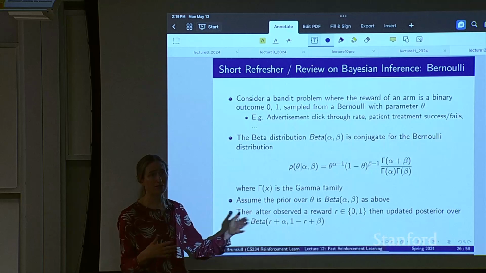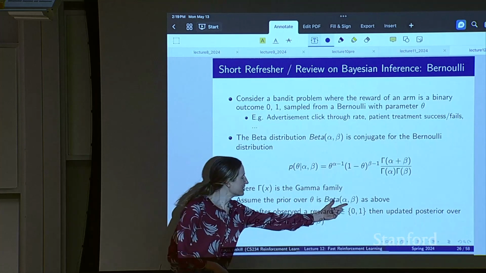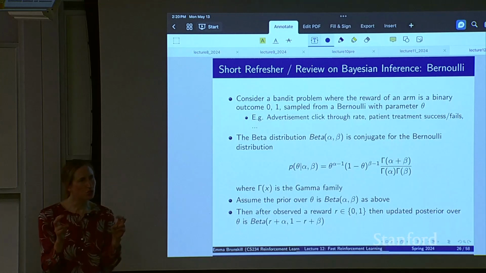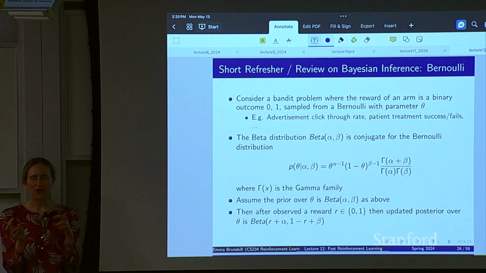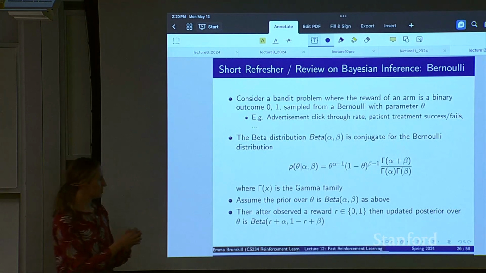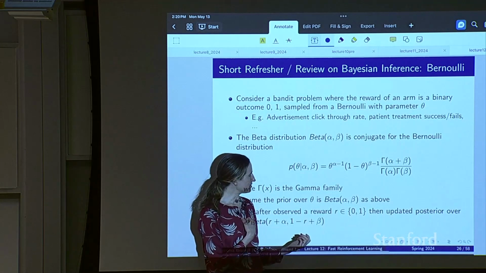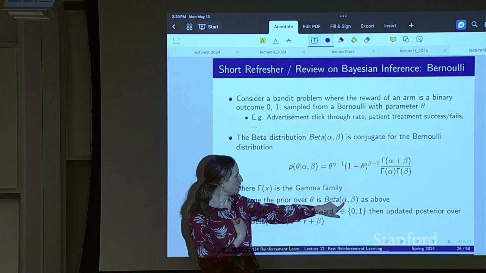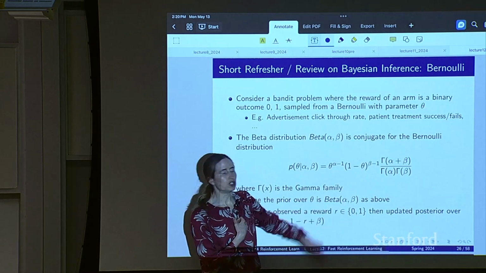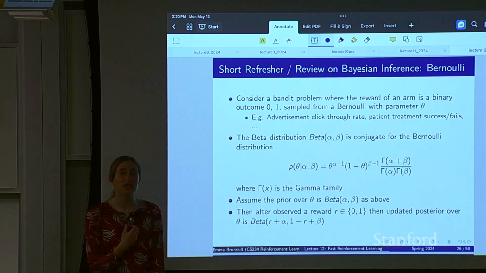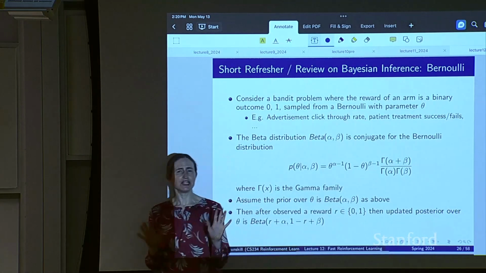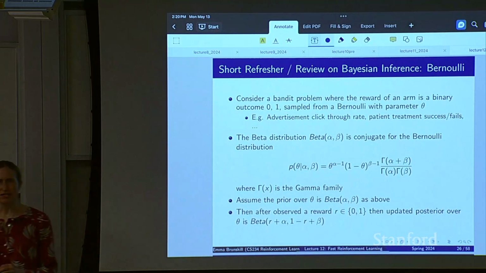I'm just going to add 1, if I know what you've seen. And what you can think of this as being is how confident you are in advance, how many pseudo counts you saw of success versus failure. So for example, if I'm really confident that the surgery is going to be successful, maybe I'm like, yeah, I'm so confident it's as if I've seen 100 successful surgeries and only 2 failures. But if I'm really uncertain, what I would do is I'd say, well, I'm going to treat it like 1 success, 1 failure. I really don't know. And we'll see what this looks like in just a sec. Okay.